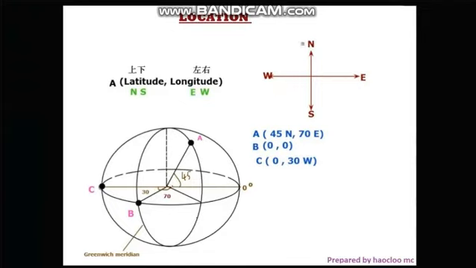This angle, I drew it in case I want to refer. So let's start. The location of point A. Point A, what's the latitude? Latitude comes from the equator, 0 degrees, right? Then it's 45 degrees north. Then what's the longitude? See from the Greenwich Meridian,